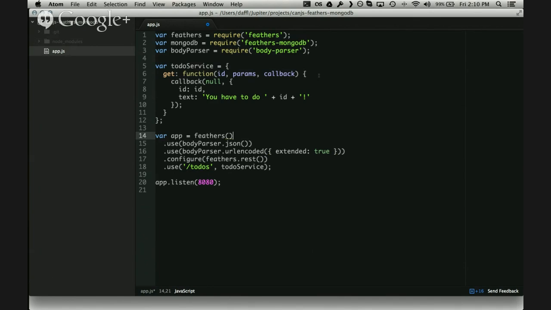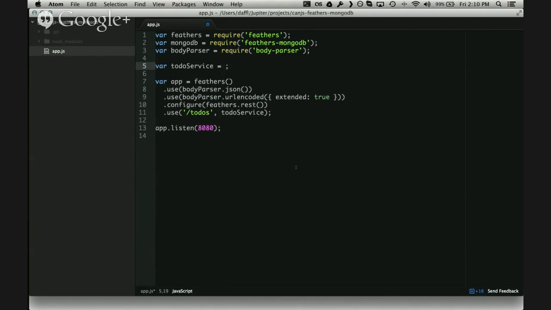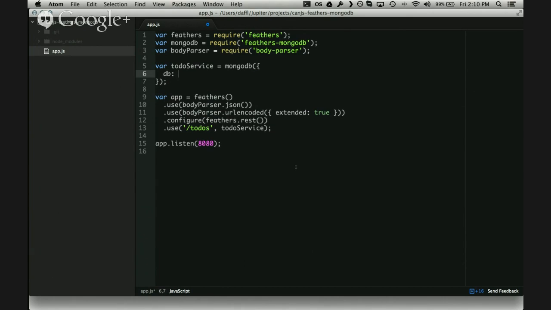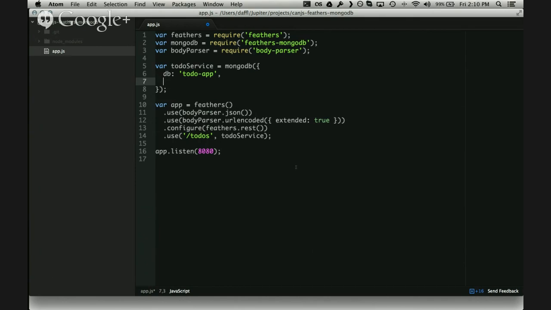So now our REST API can parse JSON and URL encoded forms. URL encoded forms is what CanJS sends by default. And then for our service, we can say, hey, create a MongoDB service on the to-do app database and the to-dos collection. This is kind of cool because in 16 lines of code, we actually, if I restart this,